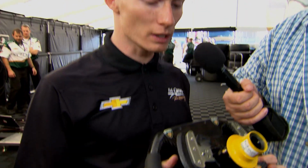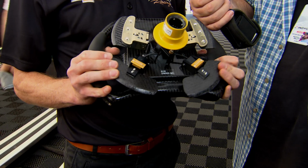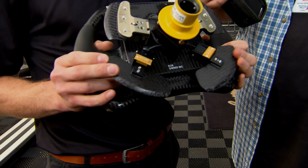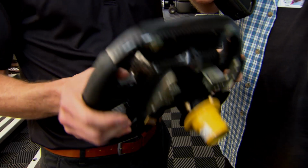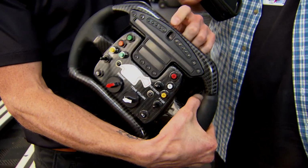So Mike, you've got a steering wheel in your hand. I do, yeah. Show us what you use to actually prepare for that standing start. Well, I suppose the only thing we don't normally use is the clutch when we're going around the lap. So when we pull away, we always use the clutch paddles. We've got two here, so you can choose which one you want to use. I use the one on the right,